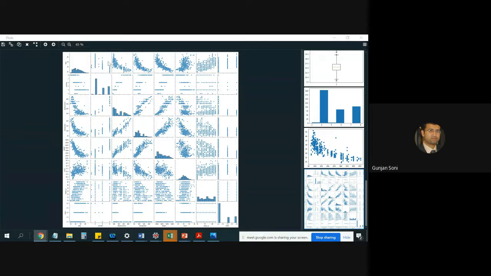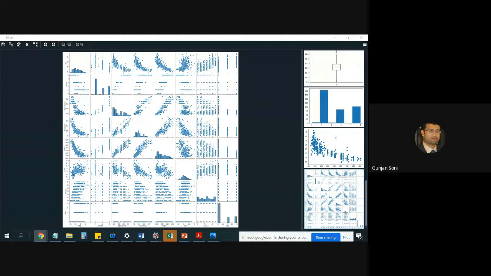Look at this one at the top, MPG versus cylinder, and then we can look at displacement. So as your number of cylinders are increasing, your displacement is also increasing. Obviously, that is obvious. Your horsepower also increases, that is obvious. Your weight increases, again obvious.